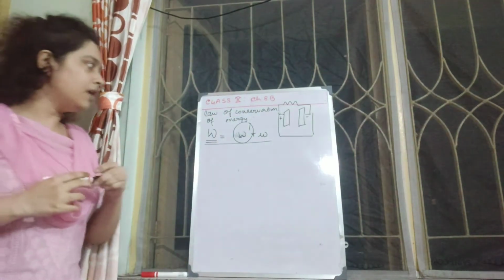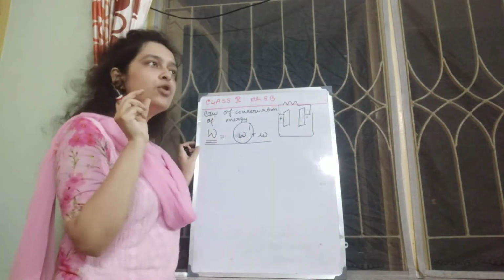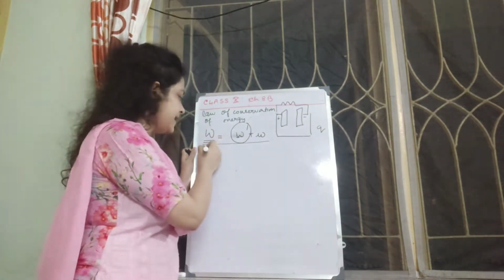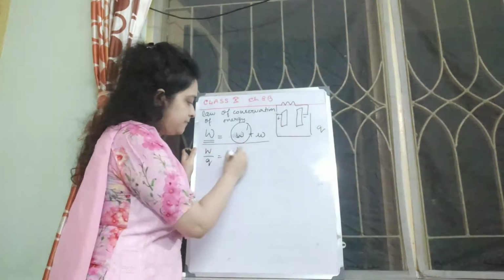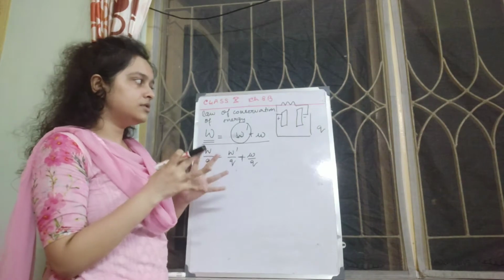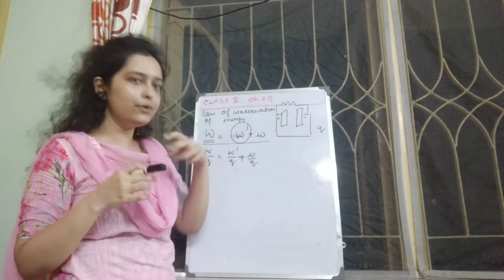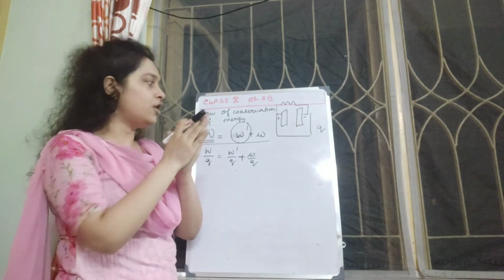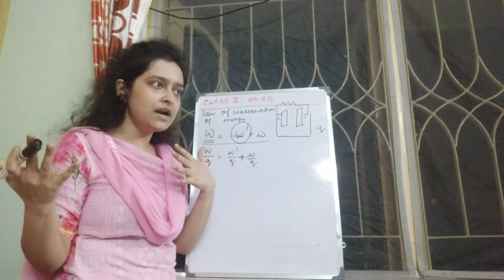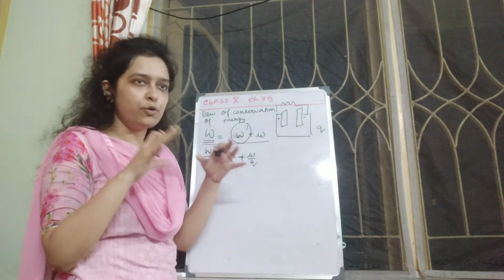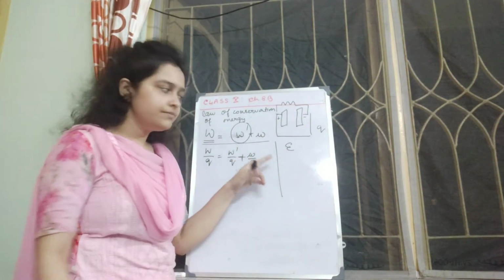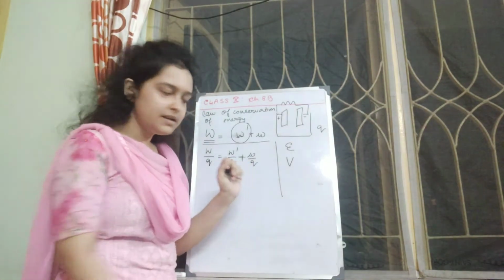Okay. Now, I have moved the charge Q, right? So, if I divide both sides by Q, what do I get? Work done per unit charge. Does it remind you of anything? What have we learned? It has got something to do with potential or potential difference, right? So what are the things we have learned in this chapter regarding this potential or potential difference? EMF we have learned, terminal voltage we have learned, and small v.